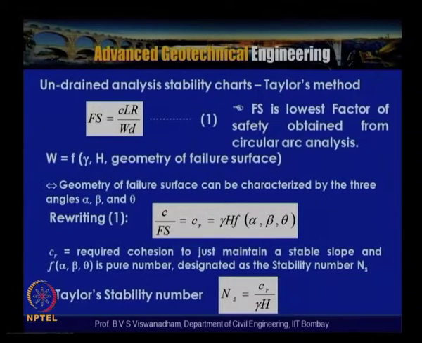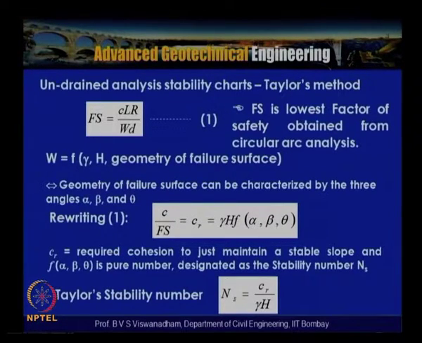Similarly, let us consider these slopes in clay, but before that let us look into the undrained stability analysis by Taylor's method. Taylor's method has been deduced from the undrained slope stability analysis, where the factor of safety is the lowest factor of safety obtained from the circular arc analysis. From this we can write the weight of the portion of the soil within the failure surface as a function of gamma, the unit weight, h, the height of the slope, and the geometry of the failure surface, which can be characterized by three angles called alpha, beta,